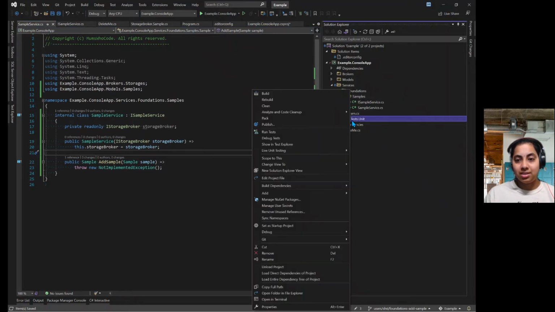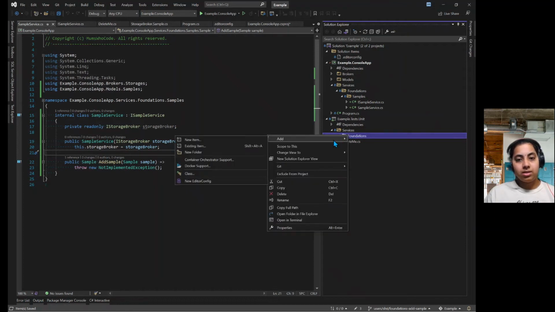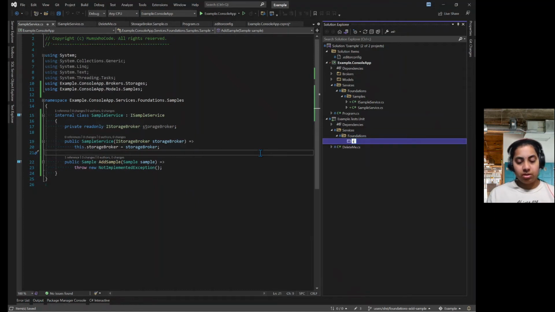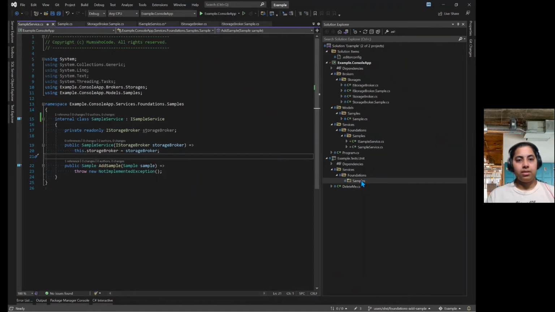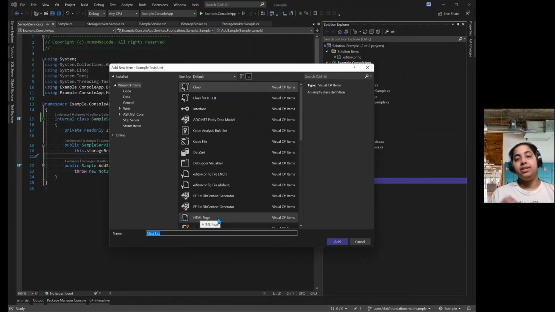Let's go to our unit test, and we need to add a folder, services. And then what's the service layer that we are working on? That's foundations. And the next one is what's the entity that we are working on? That is SAM. Okay. Let's add this test itself. So add a class. Here we don't need an interface because no one is going to call the test. So we say sample service